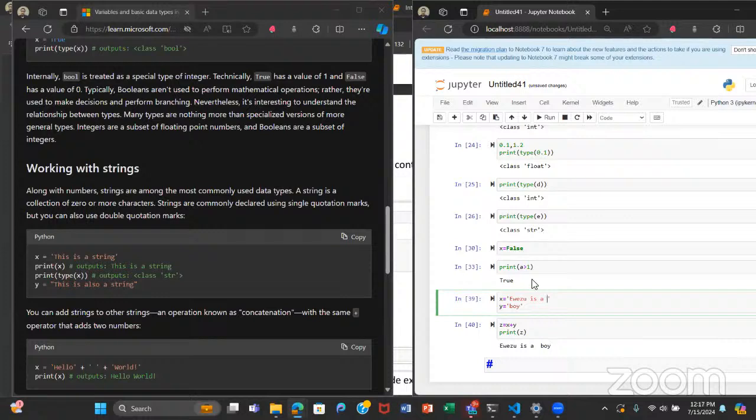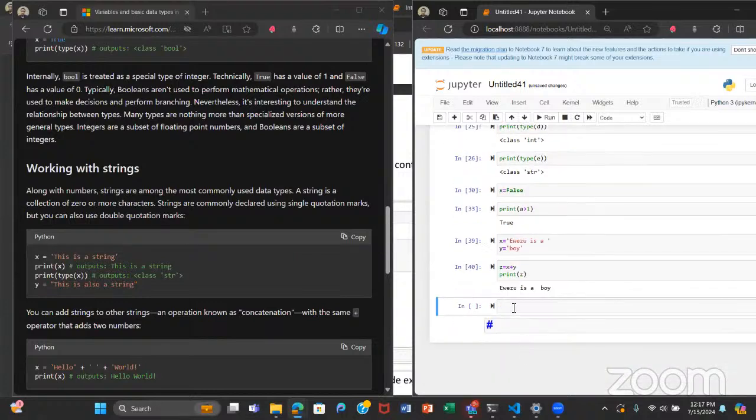Or another approach people use is you could say z equals x plus a space in inverted commas, plus y.